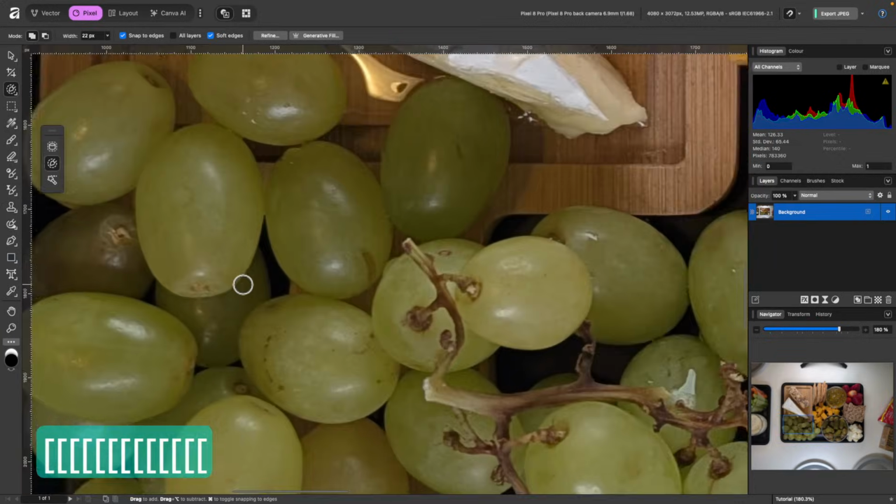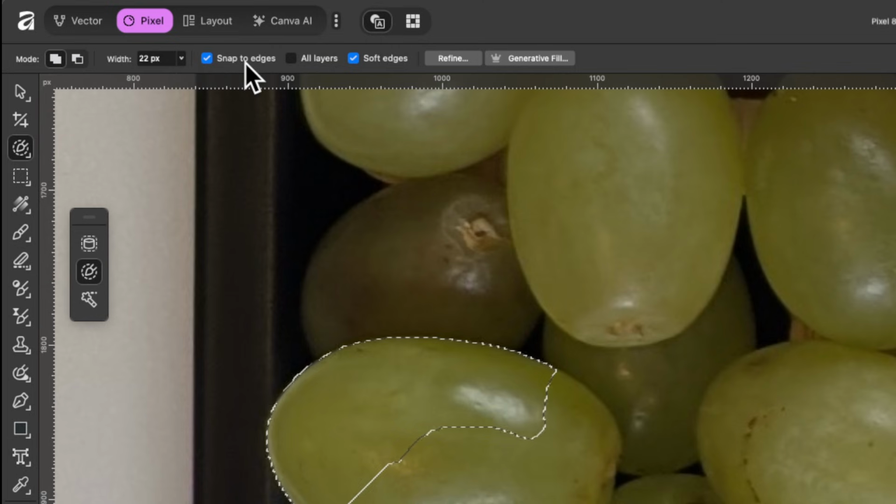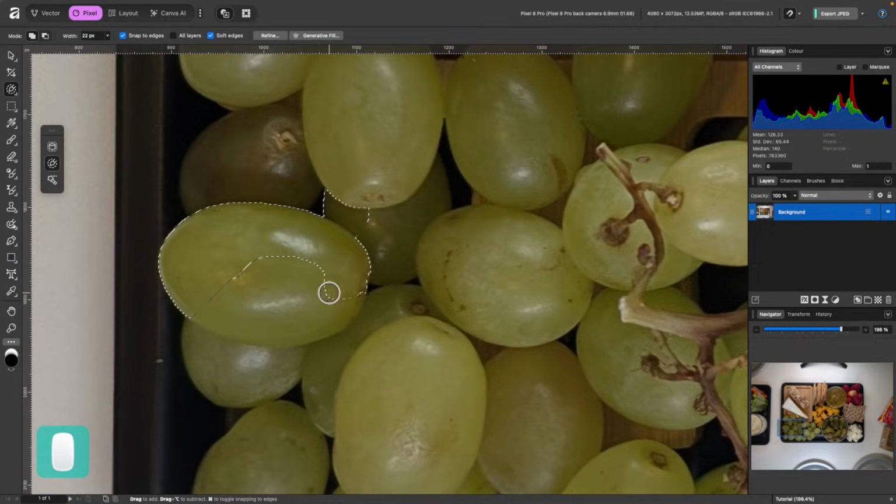And let's just zoom into one of the grapes, okay? So I'll make my selection now that the brush is smaller. And you see what happened there? It's kind of like magnetically attracted to the edges, and that's because Snap to Edges is on in the context toolbar. So I'll continue to make my selection, and you see sometimes the brush is still a little bit too big and it includes areas that you might not want. I just want this one grape.